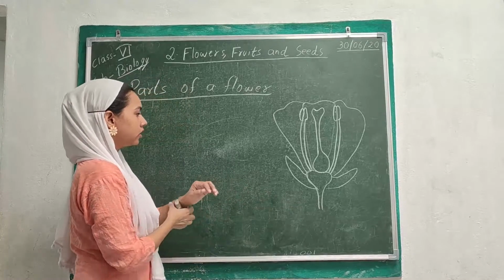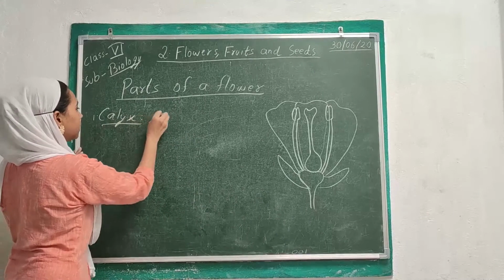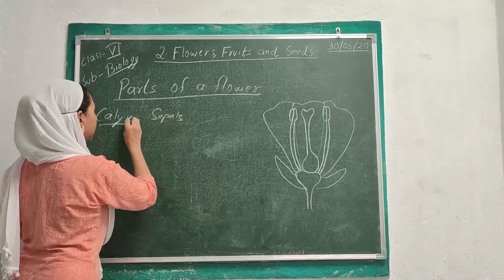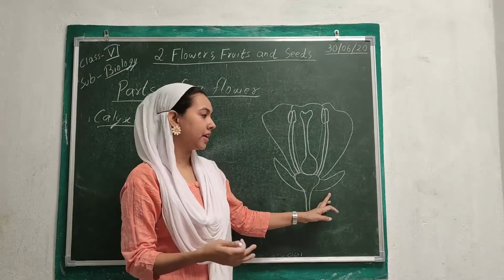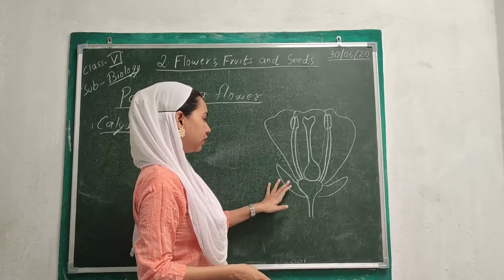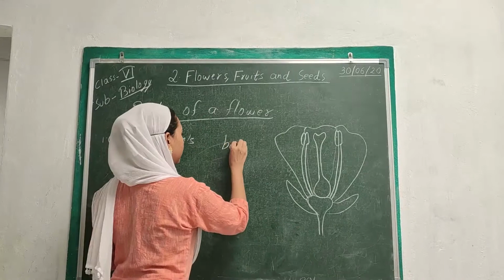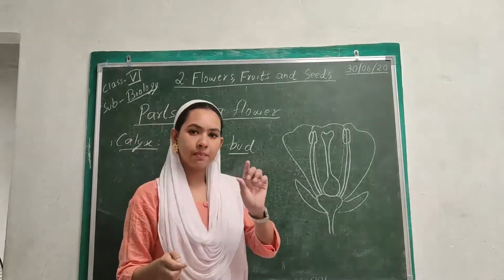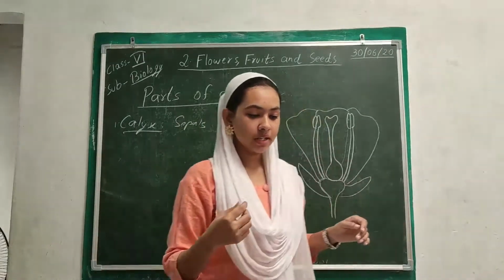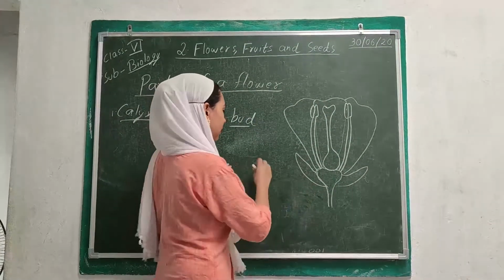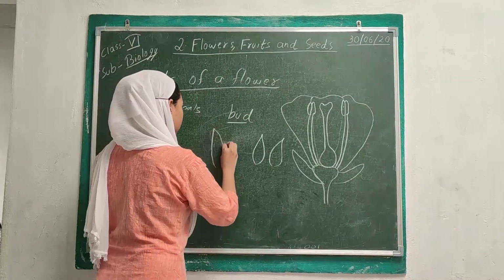Now as I have just shown in the diagram, these are the sepals which together make the calyx. So more than one sepal makes up the calyx. As you saw in the diagram, it almost looks like a leaf and is green in color. Now the function of the sepals is that when a flower is in the bud form, when it is really small, then the sepals protect the flower. These sepals can be separate, each of them like a leaf, or they can be joined together like this.